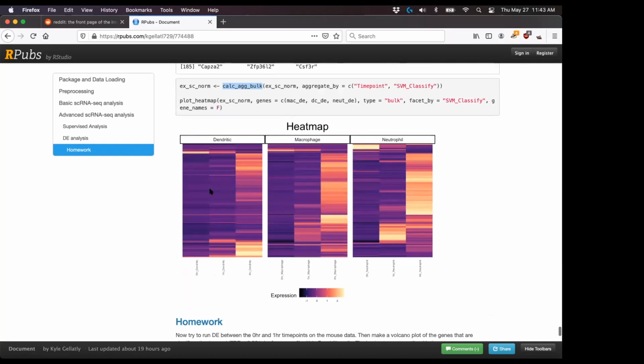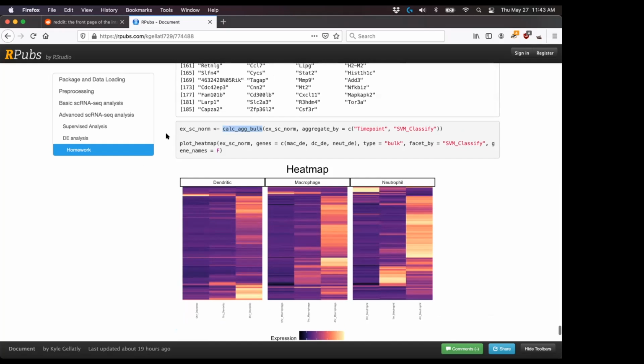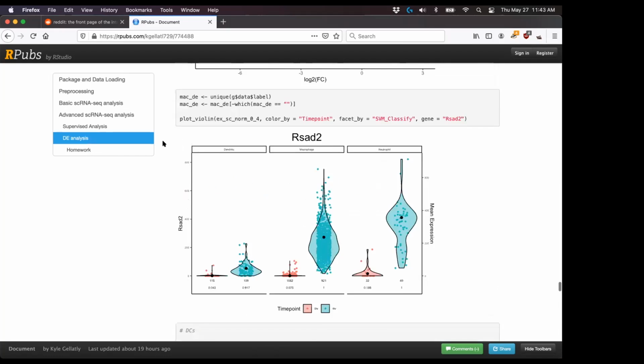These are the genes that were primarily upregulated with LPS stimulation. You can see that there are some that are downregulated in the neutrophils. And we can facet this heat map by each cell type that's here, and we have a different column for each time point. We have built a heat map of all of the genes that were significantly changed in our data. So with that, you guys can go to the exercise,